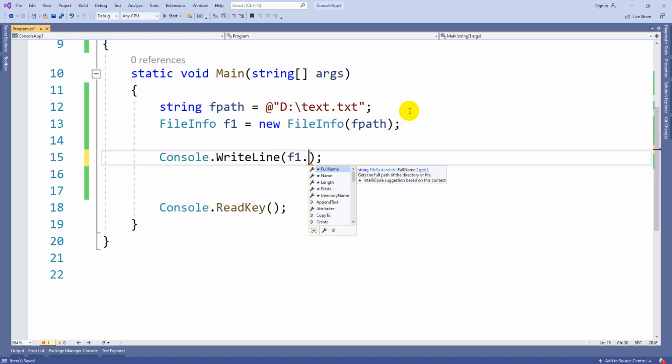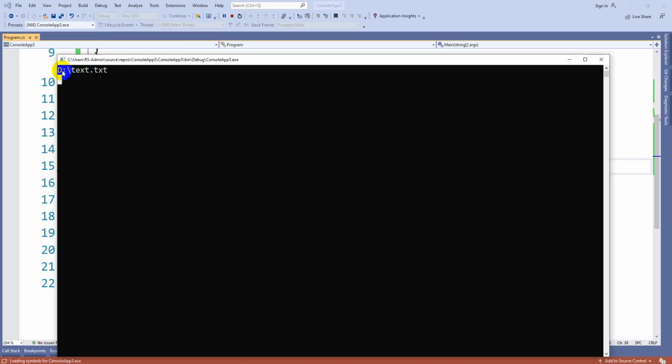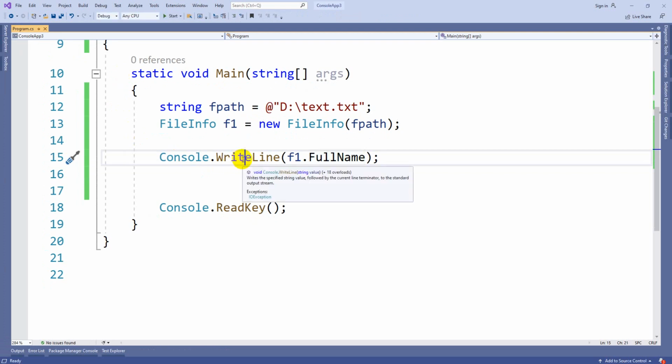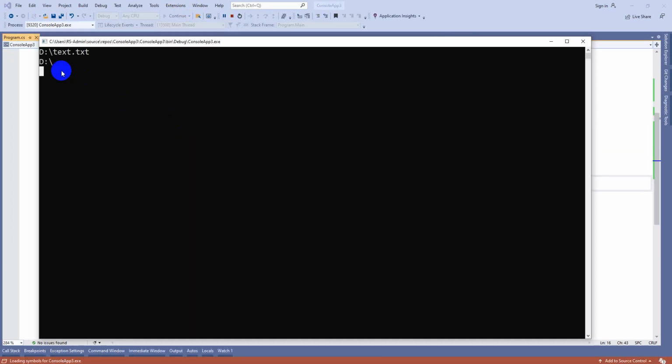F1.FullName. Let's see what it will print if I use the FullName attribute. It will print along with the folder directory and the name. After that, DirectoryName, so under which directory the file is, under the D drive.